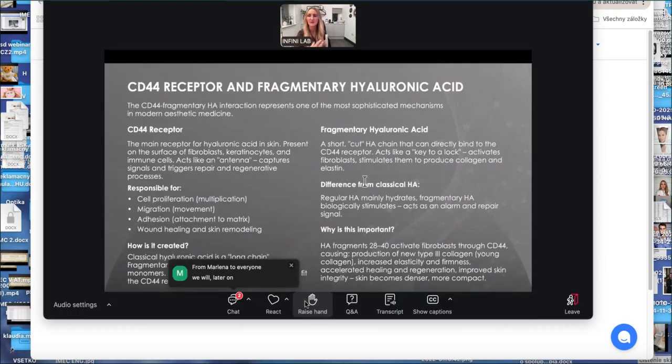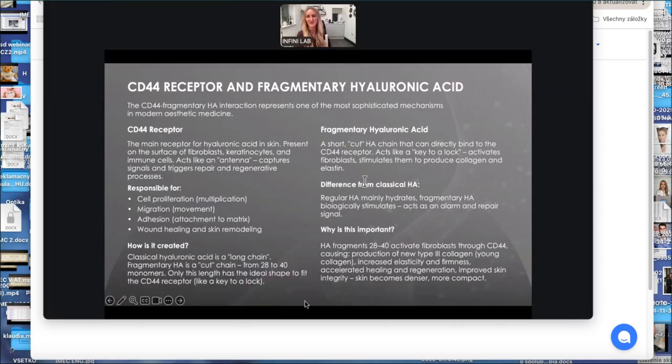So let's say some ingredients have the perfect key for this receptor, okay? And some of them simply do not have the perfect key. And fragments of hyaluronic acid, those between 20 to 40 monomers, they fit the receptor,